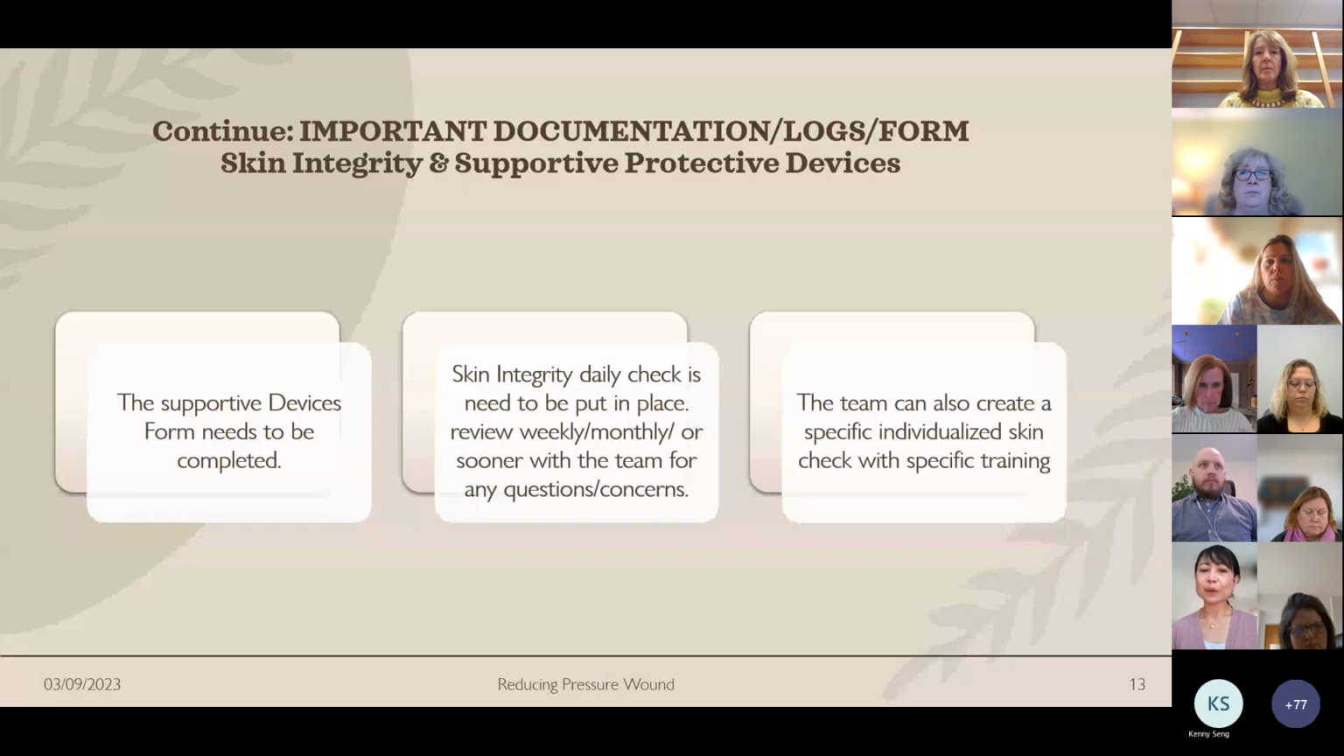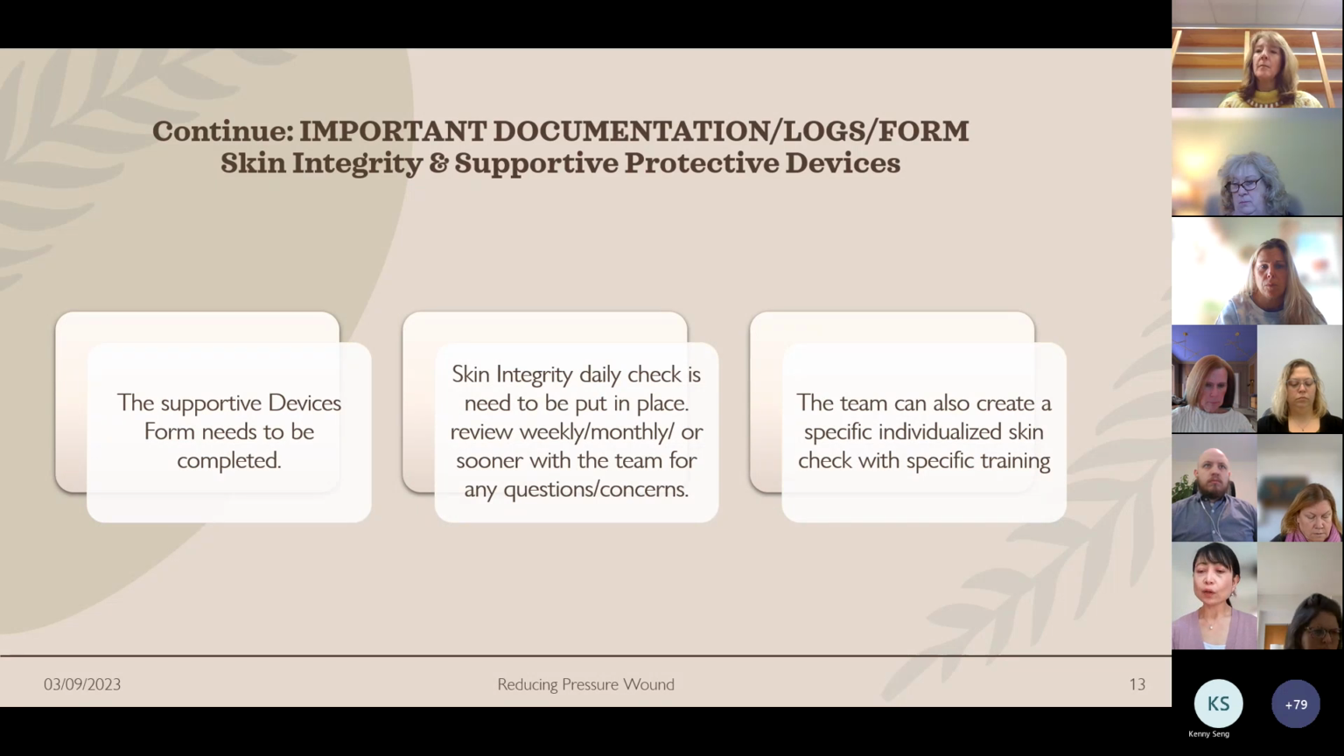We need to review it weekly or monthly, or sooner, with the team for any question or concern. So I just would like to put this as a kind reminder. If the member has a certain diagnosis that can increase the risk for skin integrity issues, such as diabetes, neuropathy, and also gait imbalance or gait issues, and if you or your team already put this